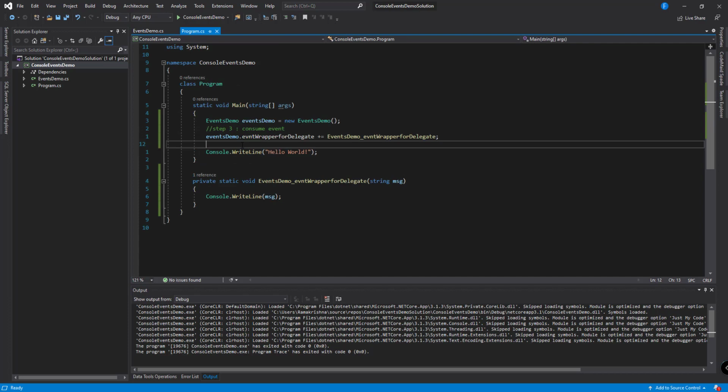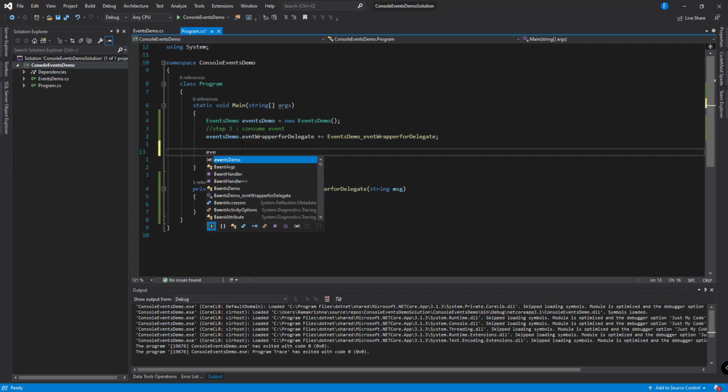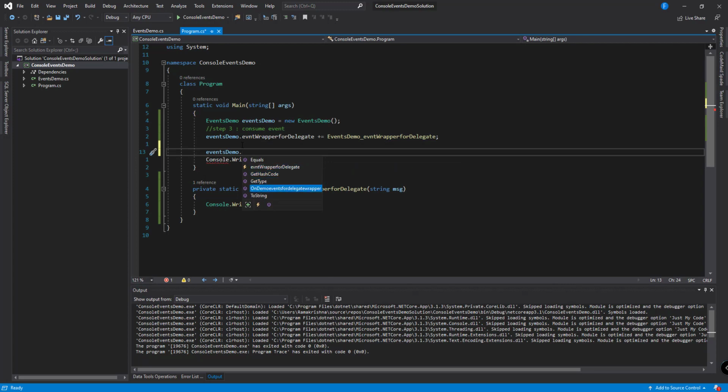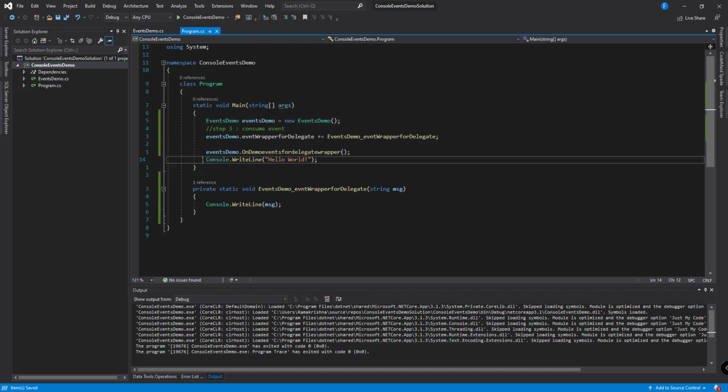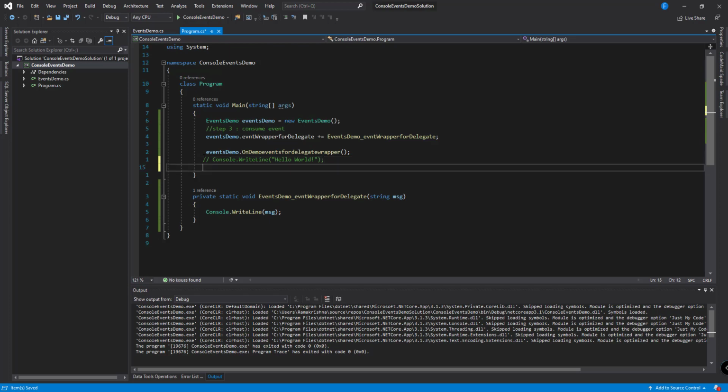To run this event, in events demo, call the method which consumes this event. So comment this Console.WriteLine, and use Console.ReadLine to wait for an input so that we can see it in the console.